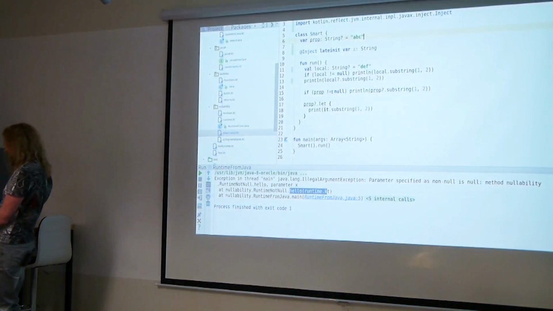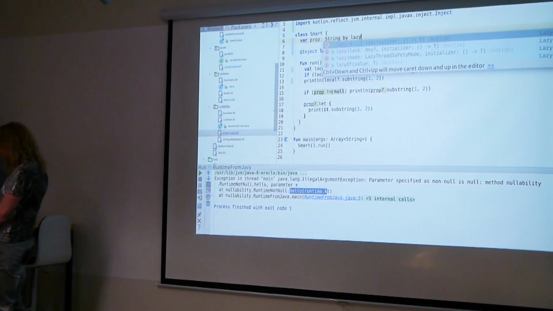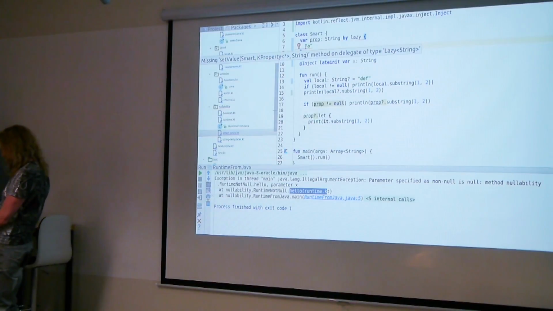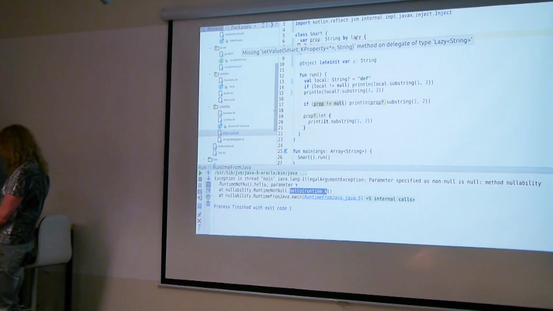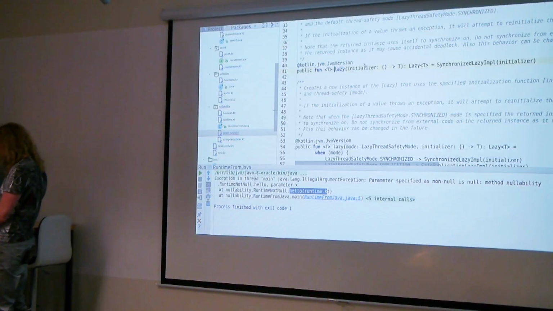For example, this property, I can declare it by lazy, if I correctly remember the syntax, and here we can write like that, I think. No? Set value method on delegate, blah blah. I don't remember the syntax, because I haven't actually used it.